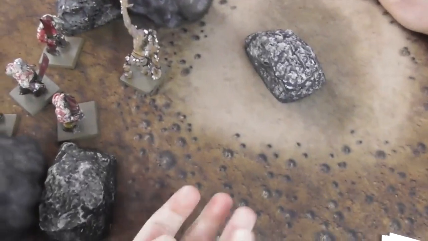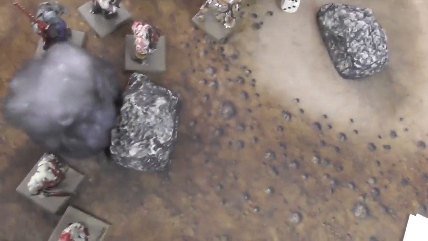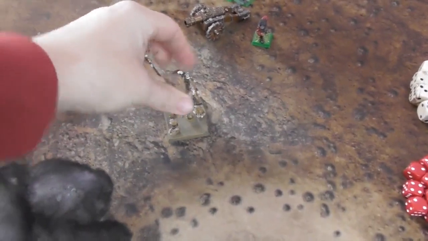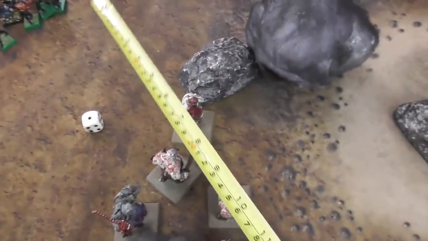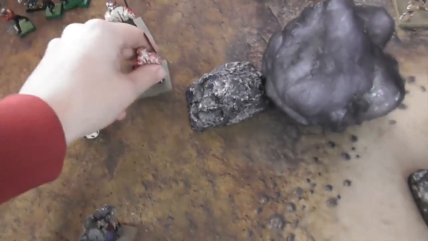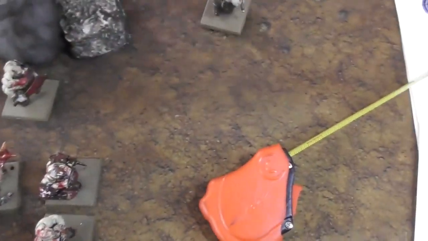He's going to move and run, and then he gets to charge his special, so 12 inches total, which will get him pretty much just to there, like so. And the ogres are going to go this way, just to offer some support, because I don't want to lose my last Belcher too quickly. And he's going to go there, and these guys are going to go just this way,